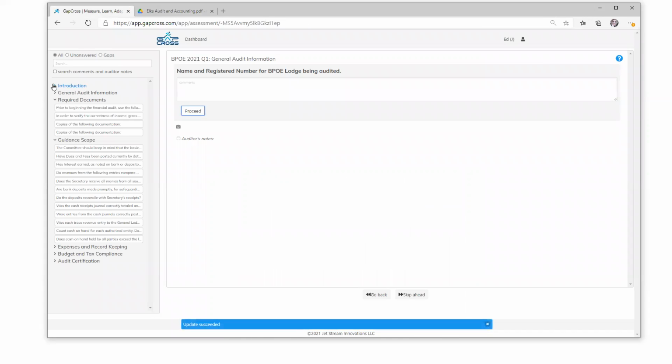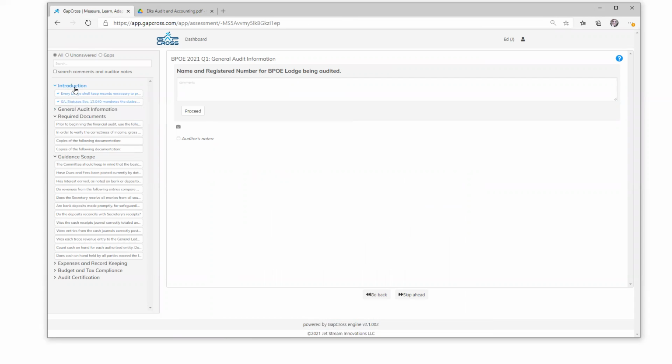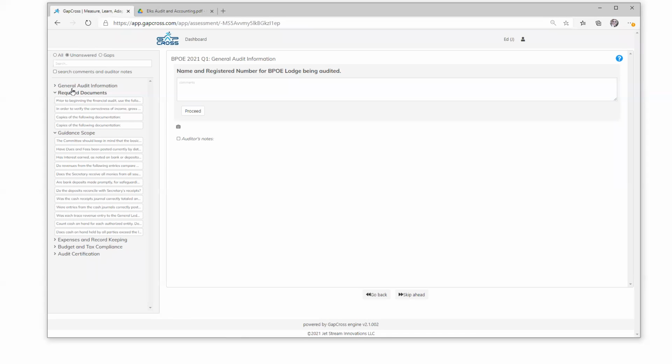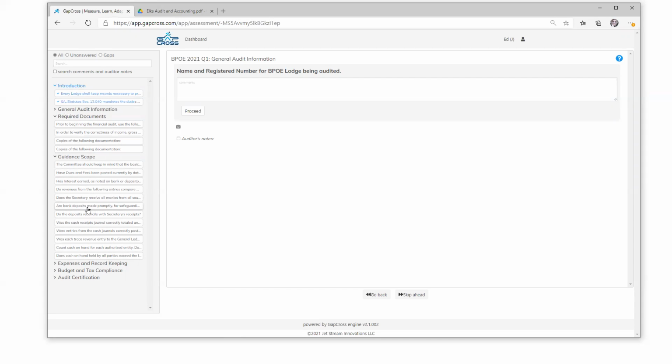Now you notice the introduction section just turned blue, and the two questions in there are blue. That means these have been answered. When I get near the end, and I might have one or two questions that I skipped over that I want to come back to that are unanswered, I can click on the unanswered filter, and you notice the ones that have been answered disappear. If I just had one or two left, I'd only see those sections and questions. If I have one that I've put an answer in that really results in an incorrect situation or a gap, I can filter and find those items.